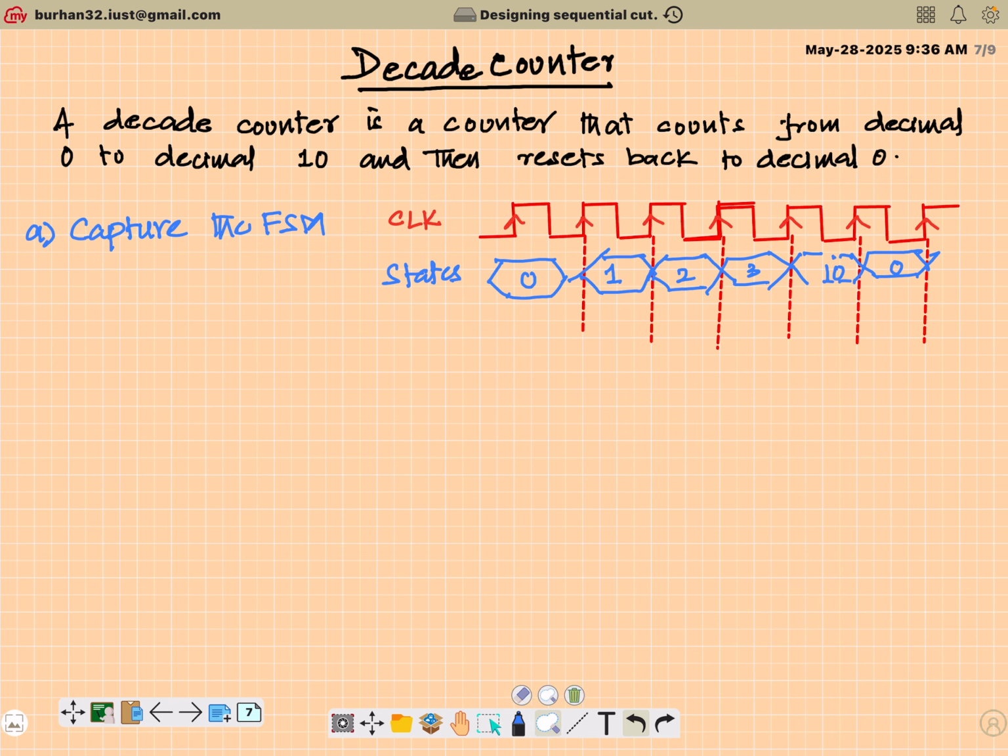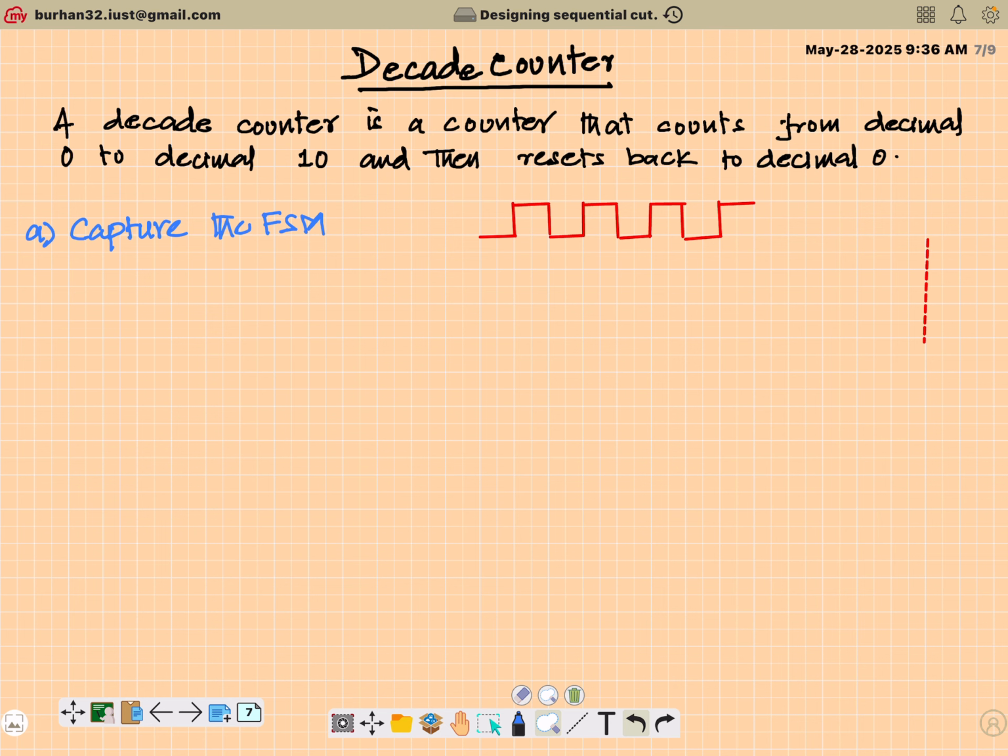So I will just remove this. Now, okay, it's not dropping. Anyways, yeah, let's just keep it. So this is the first step. Now, as you can see, there are 11 states. You start from 0, then from 0 you move to 1, then to 2, 3, 4, 5, 6, and so on up to 10. So if I draw the finite state machine, it will have 11 states, starting with state 0,